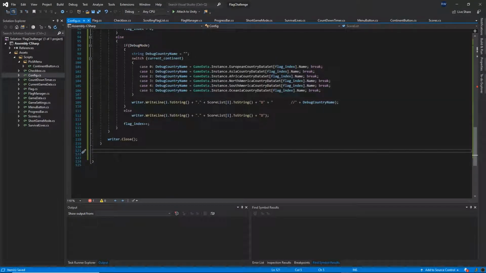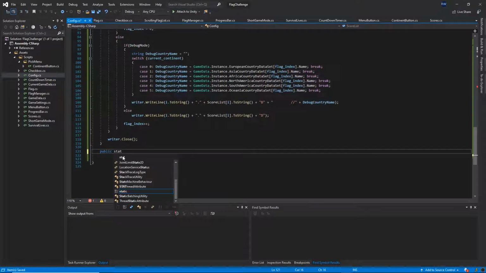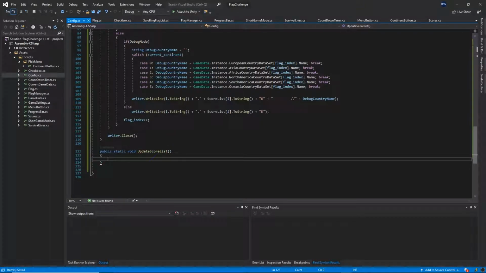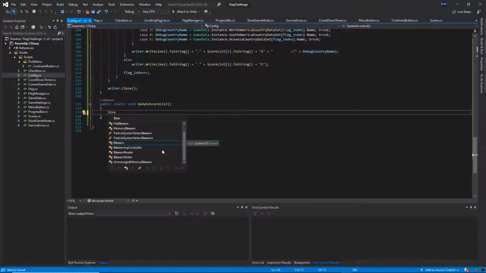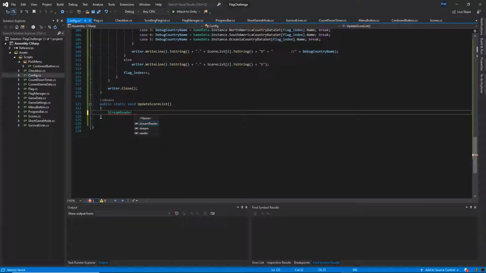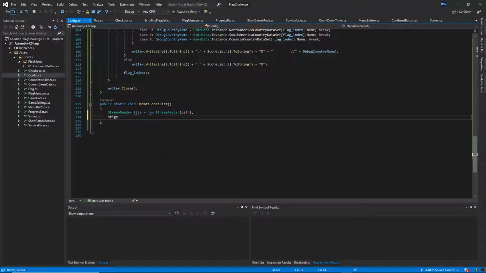So I'll create a public static void update score list. Okay, the update score list will take the stream reader. So this is to read the file. I will call it file, will be equal to new stream reader and then the path. Okay, so the path is the path to our file,